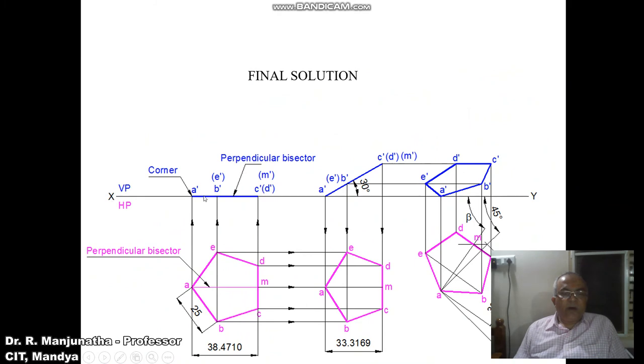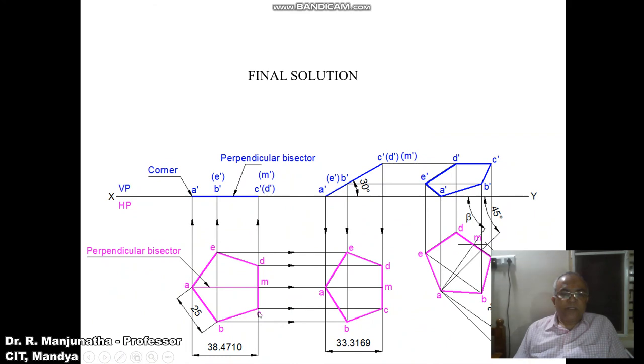To write the solution in the sketchbook, first we are going to draw the XY line and mark XY, VP and HP. As it says a pentagonal lamina of 25 mm, first you draw a vertical line of 25 mm, and then by using the protractor, you mark the points as C and D. Then with C as center, with respect to CD, you measure an angle of 108 degrees and draw an inclined line. Similarly, with D as center, with respect to DC, again you measure an included angle of 108 degrees and draw an inclined line.